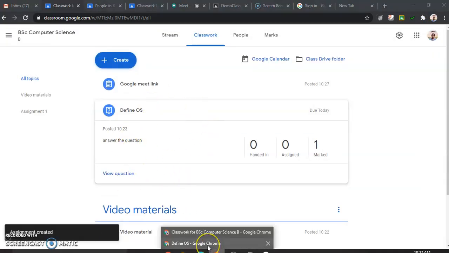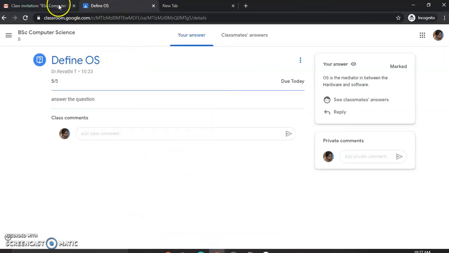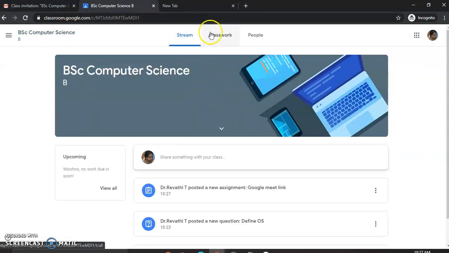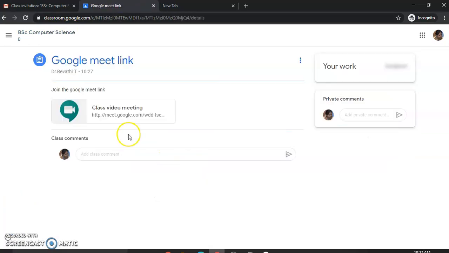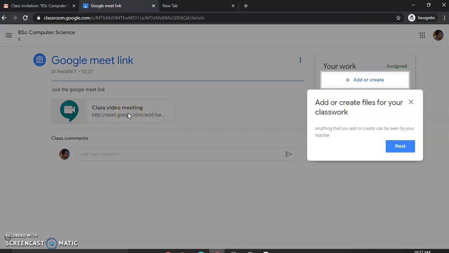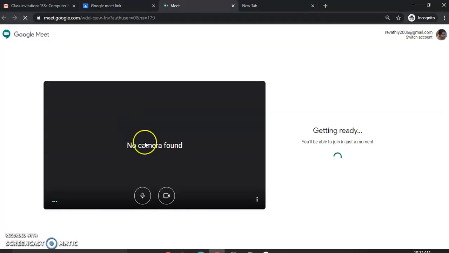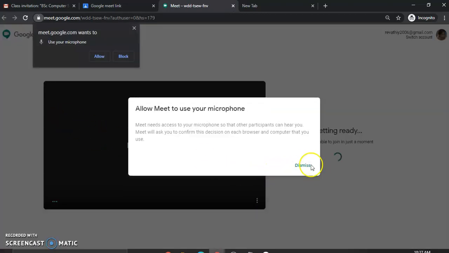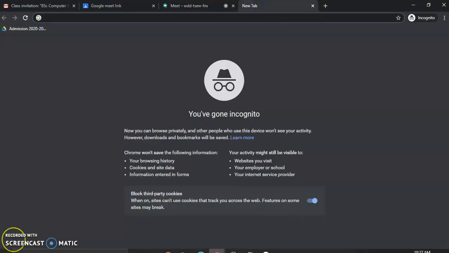Now if the student sees that, click on that particular class. So I have posted the new thing, Google Meet link. The student can join this Google Meet by clicking on this Google Meet. So automatically he can join into the class by clicking the link. Thank you. So that is how he